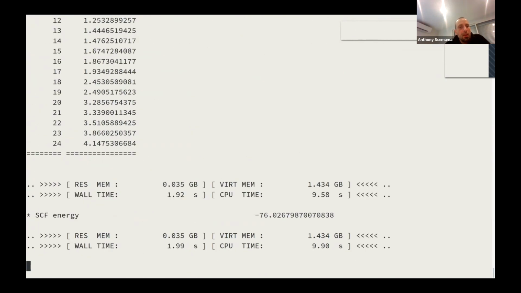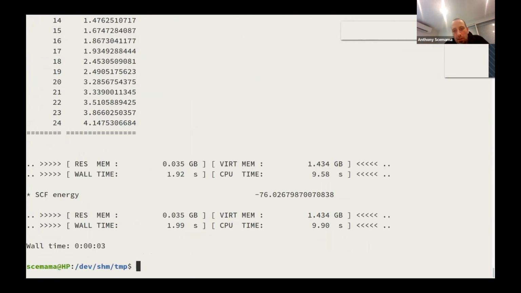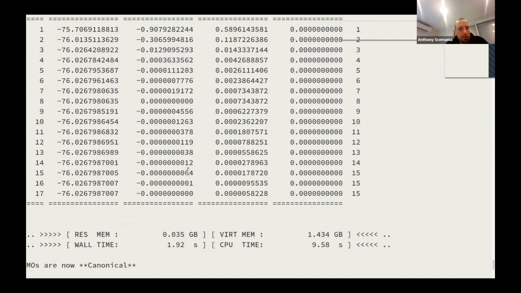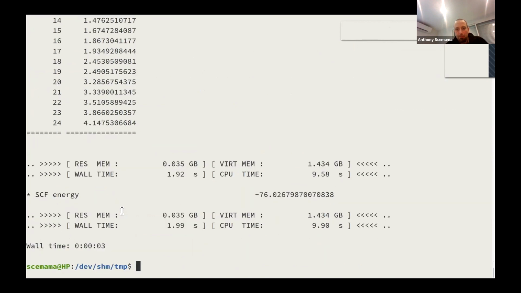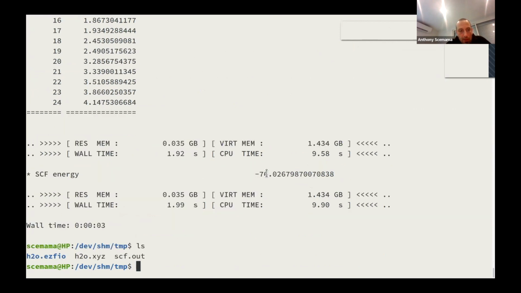Okay, works. So here you see you have a typical SCF calculation where you have the energy going down, etc. And now you have the Hartree-Fock energy of the water molecule. As I told you, everything is stored in the database.